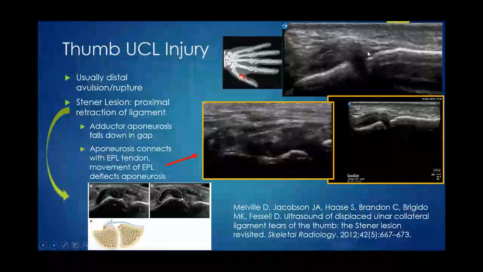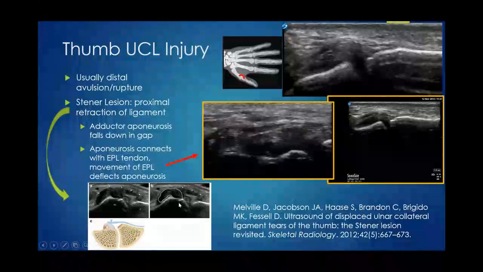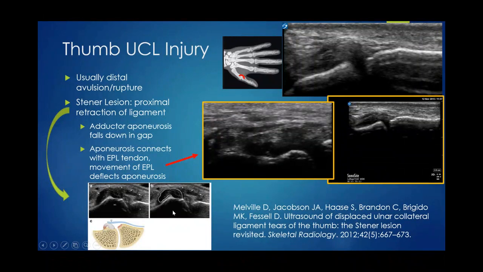Typically, the ligament would be injured from its distal or insertion area along the base of the proximal phalanx, either involving solely the ligament or perhaps pulling off a chunk of bone with an avulsion fracture. The ligament may remain in place or, as depicted in this bottom left image, retract proximally and fold over on itself, creating the so-called Stener lesion. A Stener lesion would be a surgical indication, as the overlying adductor aponeurosis would fall down in the hole created by the void of the ulnar collateral ligament,